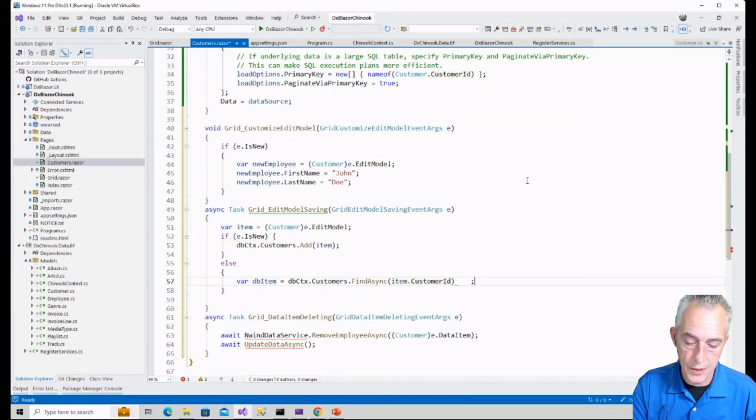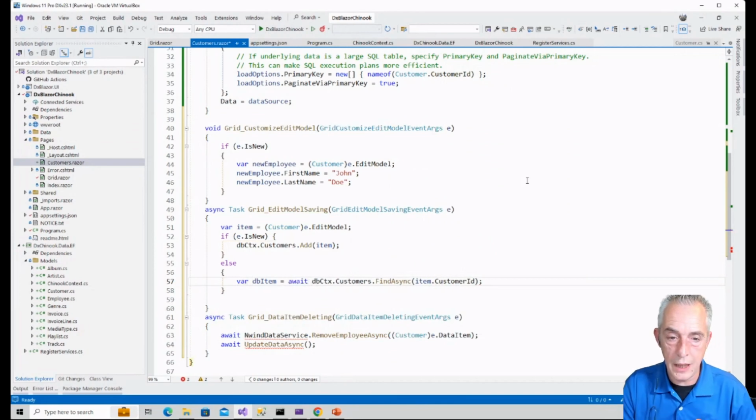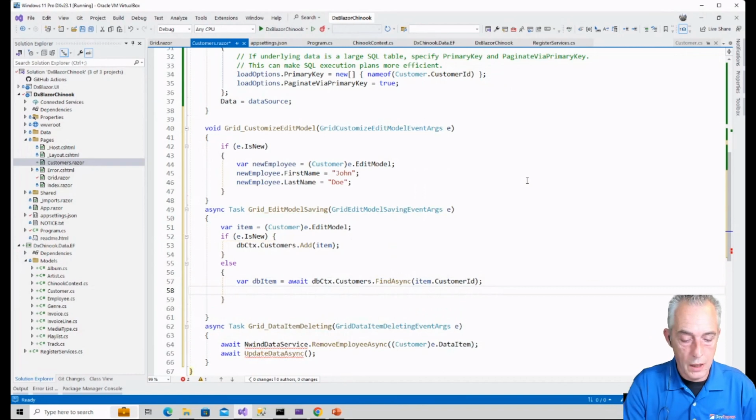So we'll look that thing up. We can await this because we were doing the async version of it. If this is found,